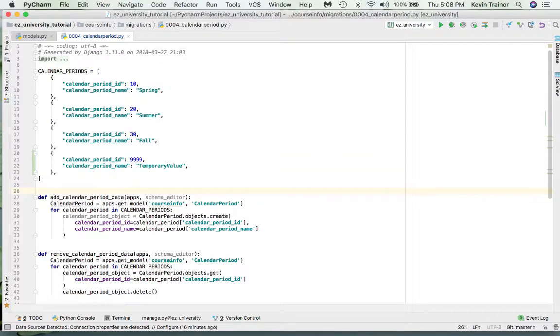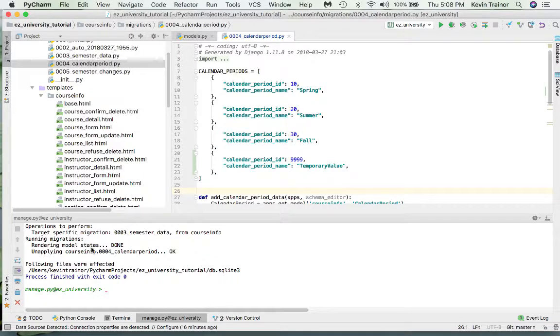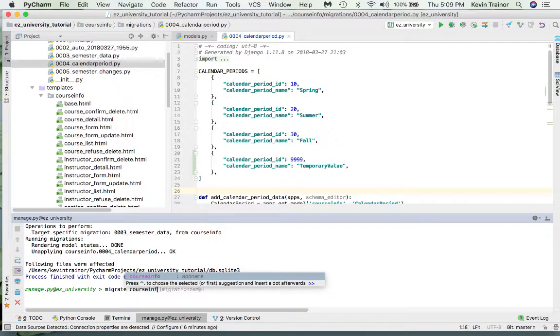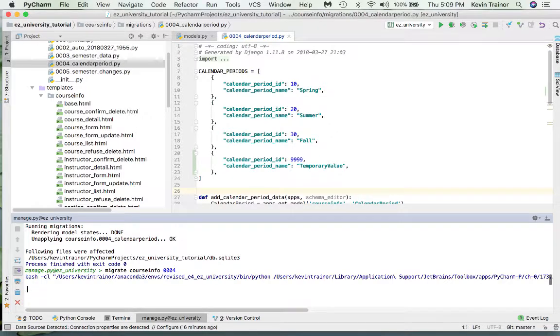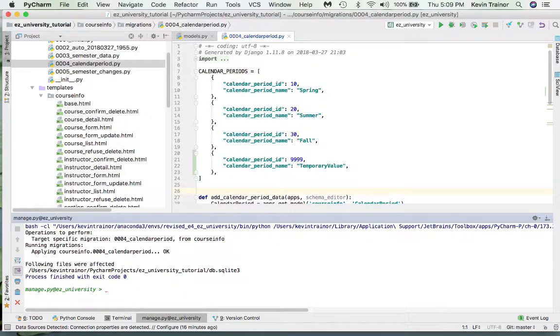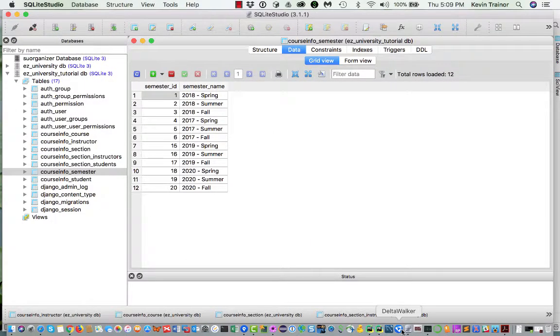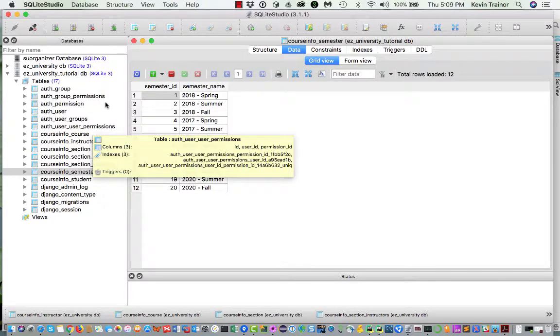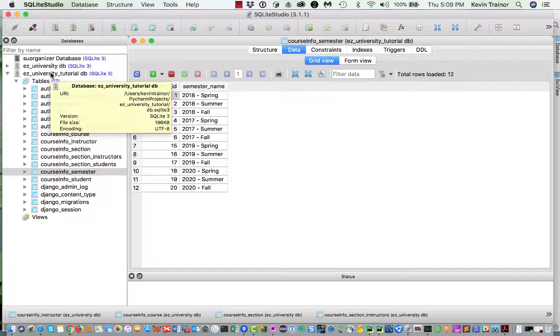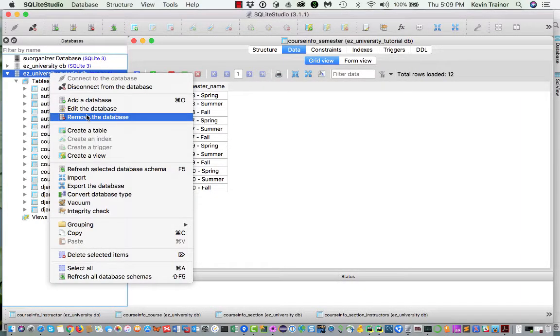Let's make sure that's saved, and let's apply that. So migrate course info 0004. It says that worked fine. Let's go down and take a look at the database. I don't automatically see the new table here, but if I go up to the top and refresh it,